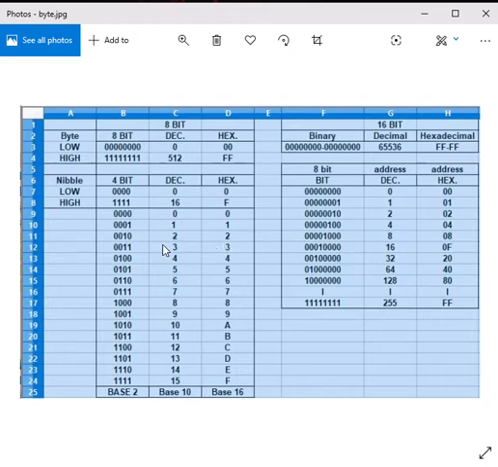For instance, over here, you see how each digit represents a number, but combined together,